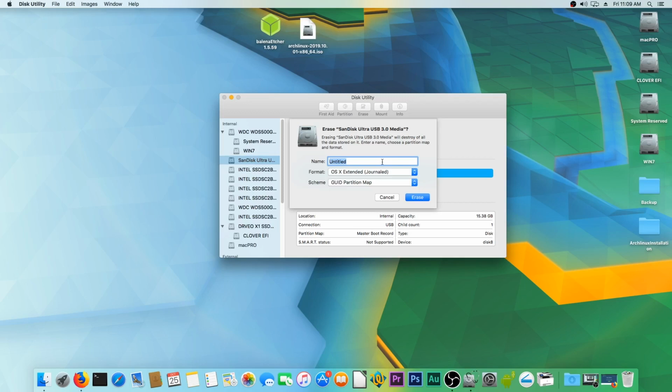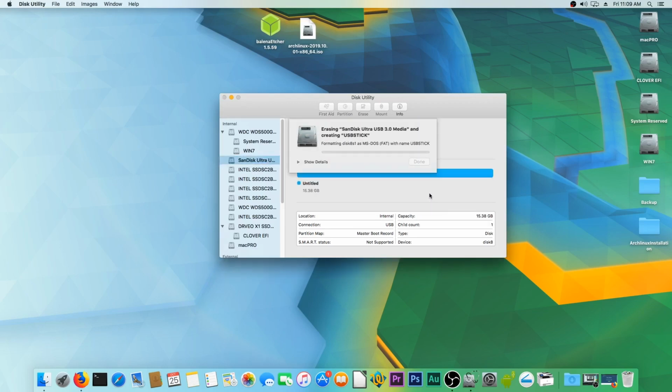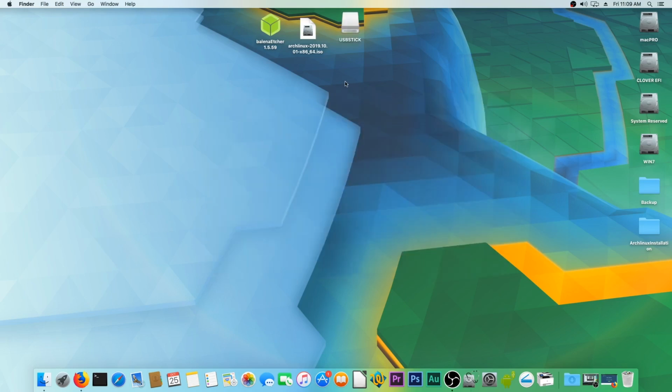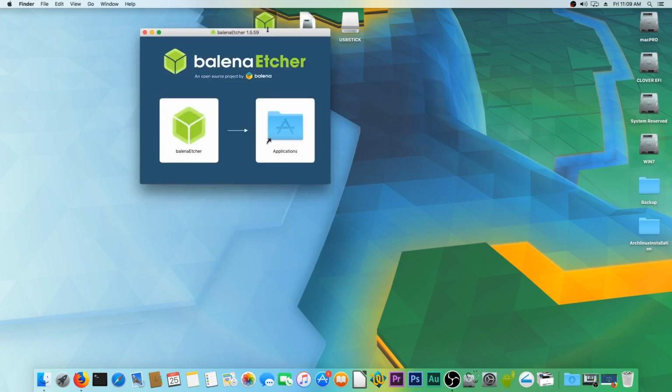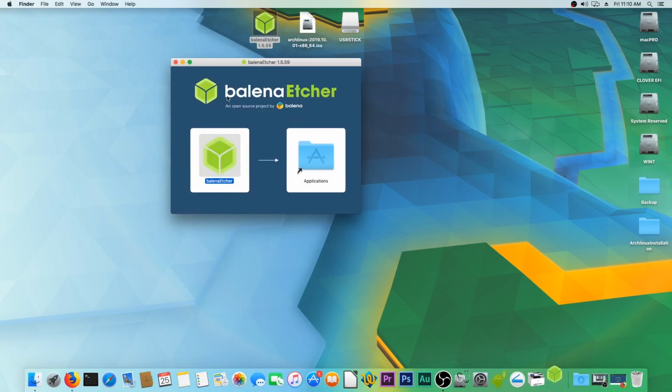Alright, so let's create a disk. Let's call it USB stick, and we choose FAT partition, and let's choose master boot record and erase. Alright, that's done. So now we can create the disk by double clicking the Balena Etcher icon,